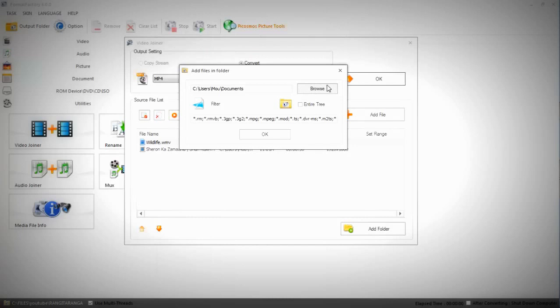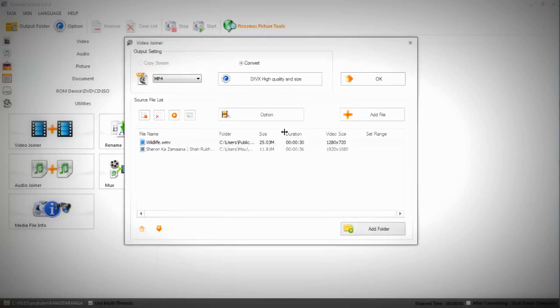So just do this, browse and click on the folder that you want to save. Okay, so after this, here is the mp4 and mkv version, that is, what type of output you want. You can click on mp4 or mkv. Now the mkv option is not very common. The common option is mp4. Almost all websites or any type of software can accept the mp4 version.